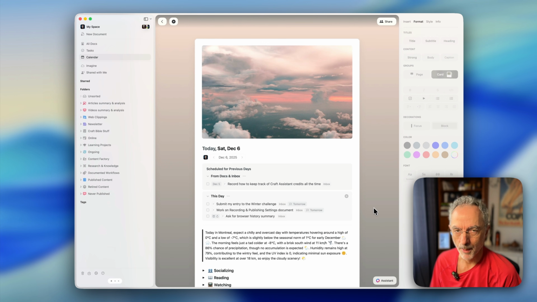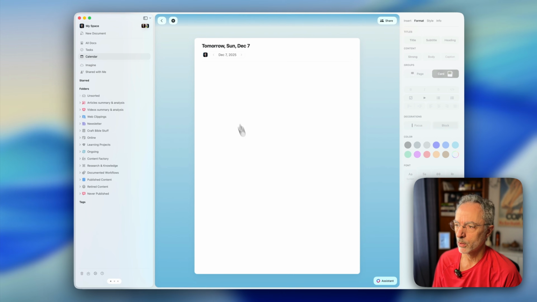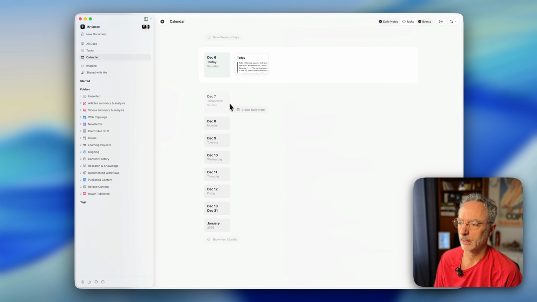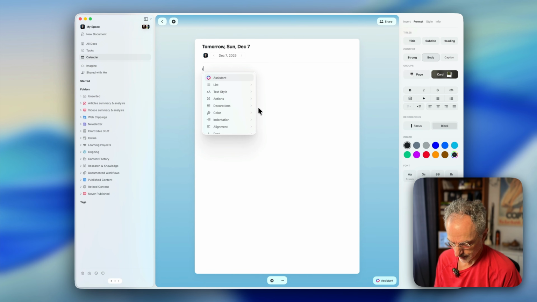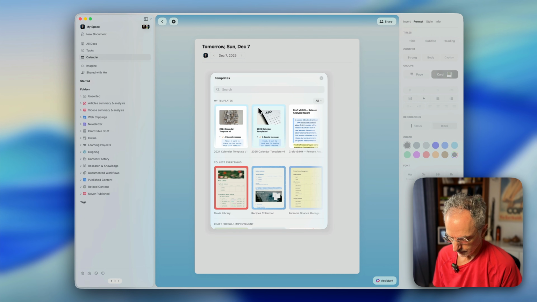Let me show you how I'm starting a new day with Craft Daily Notes. As you know, you can go to the next day from here, or I can just simply go to the calendar view and then click on this day and then create a new daily note. Now I'm going to use one of my templates, using /TE to bring up this menu item.